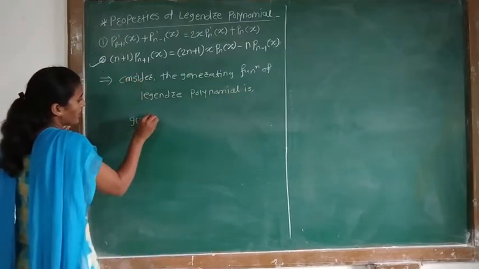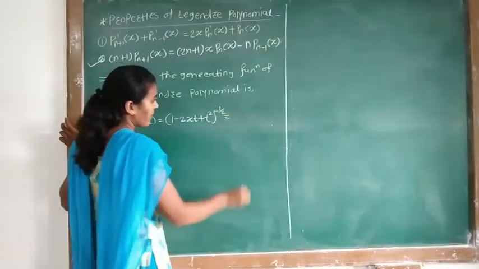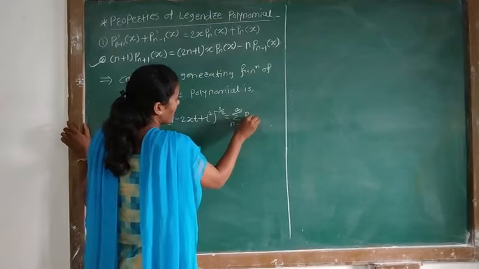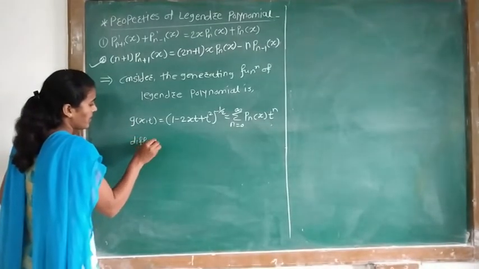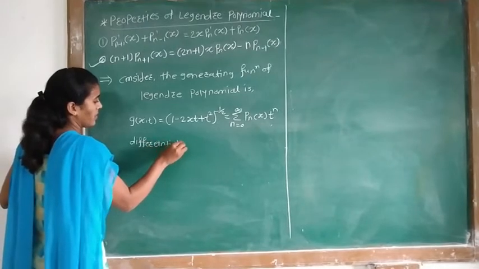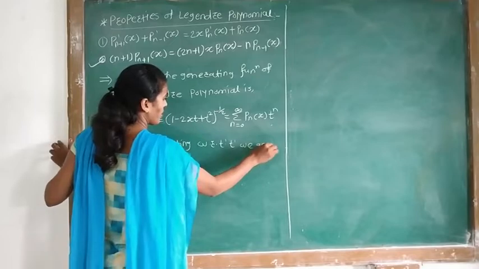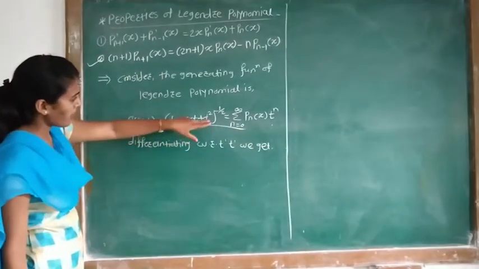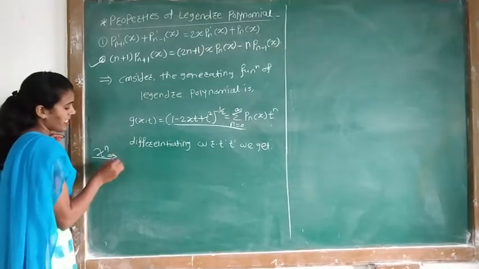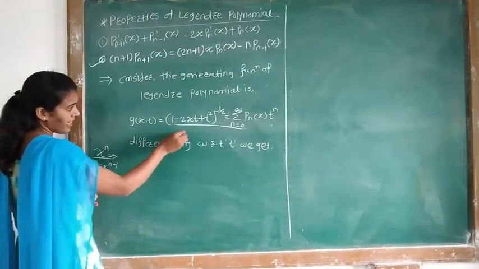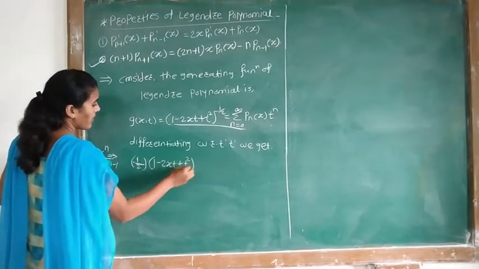g of x, t is equal to 1 minus 2xt plus t square raised to minus 1 half, which is equal to summation over n is equal to 0 to infinity Pn of x t raised to n. Now, differentiating this equation with respect to t, we get this equation 1 minus 2xt plus t square raised to minus 1 half. Now, this is similar to x raised to power n. The derivative of x raised to power n is n x raised to n minus 1. Therefore, we write minus 1 half into 1 minus 2xt plus t square raised to